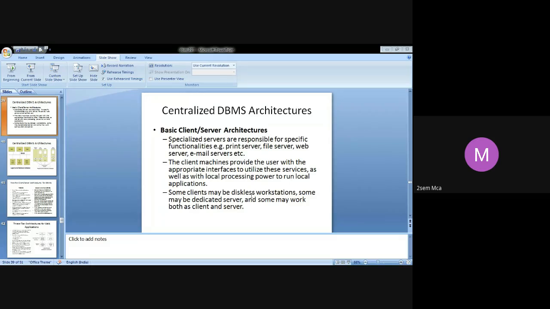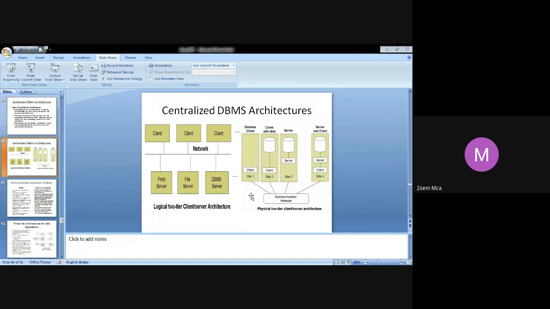You had a server only for printing, a server which took care of all the files, a server which took care of all the web-related issues. Each one was called by its own name: print server, file server, web server, mail server. Because the hardware price reduced, you could get client machines, and that led to the basic client-server architecture.